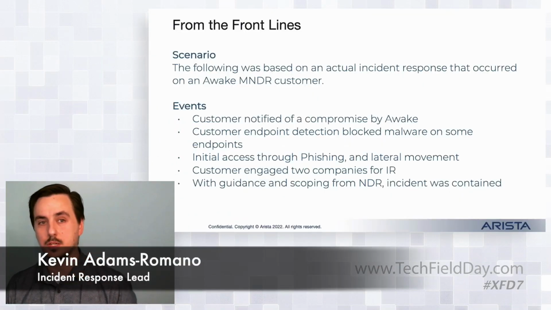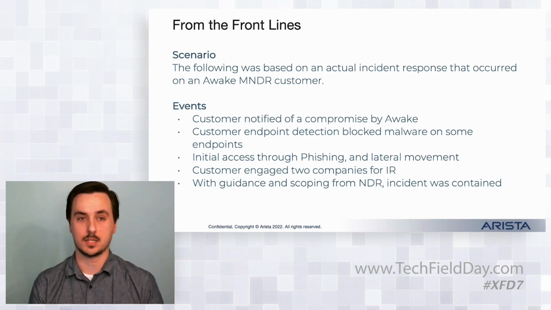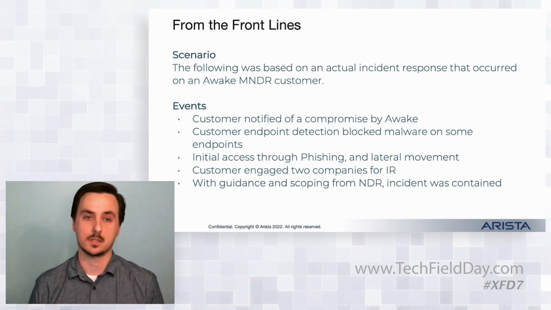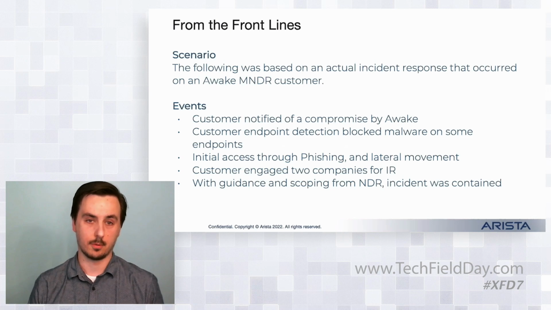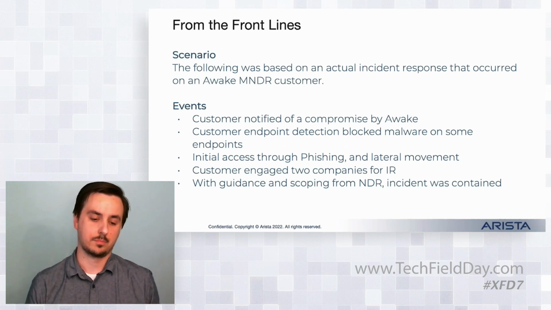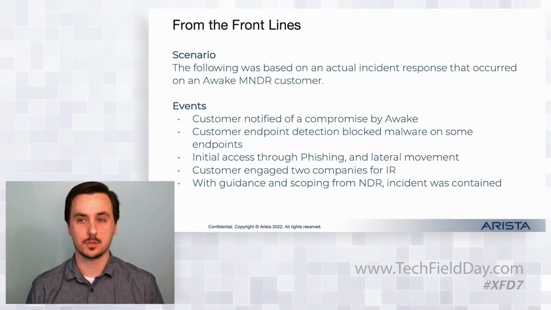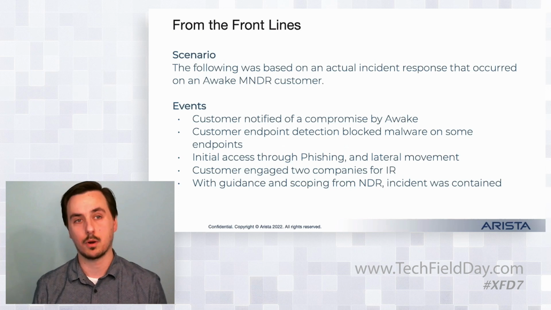So the first story I want to talk about is beating an endpoint detection response to detection of a compromise. We have a managed network detection response customer running our Arista AVA security platform. And on our team, we bring in alerts from the system. So we're triaging alerts and we're doing some event reduction for the customer, but we're also doing proactive hunting where